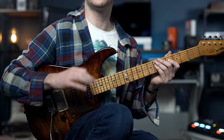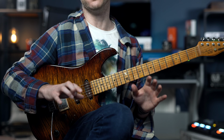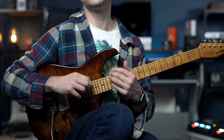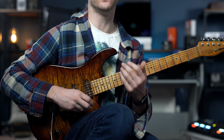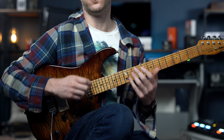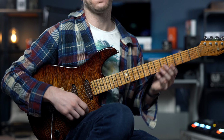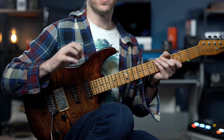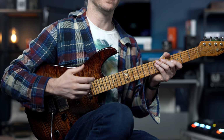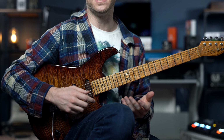Okay, so assuming you've got the technique under your fingers and all the muscle mechanics are in place, which is not something I'm teaching here, of course, what I wanted to do is give you a way of putting this all together and practicing it in a cohesive manner that's going to give you lots of control and lots of flexibility for applying this into other areas of your playing. So what we really want to do is feel these 16th note triplets as tightly and as properly as we can. So the first thing is to find a drum beat,